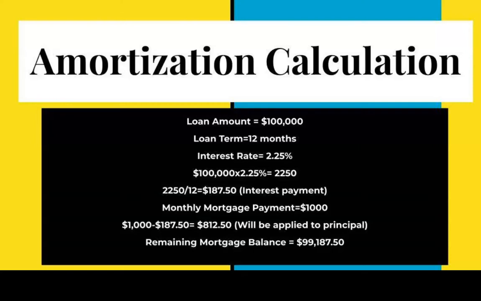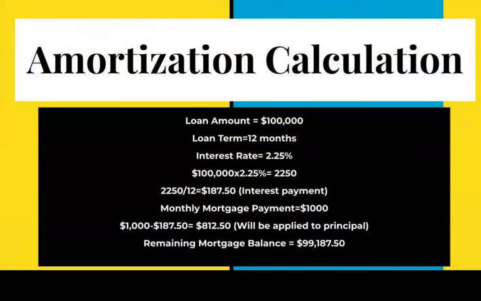then it's going to leave you with a balance of $99,187.50 instead of a balance of, I think if you take away the $1,000, it would be $99,000 even. So it's going to leave you with a little bit less. It's just showing you how much money is actually going to be left to pay off the mortgage, if you were to keep going in that direction. So the lender is going to take $187.50 off the top from your payment in this particular scenario, and that balance of $99,187.50 is going to be what's left for you to pay off.